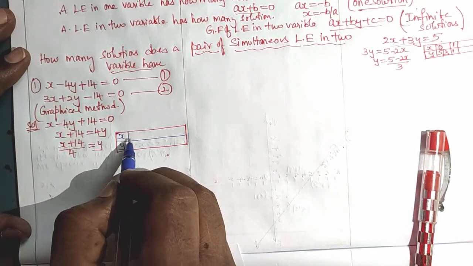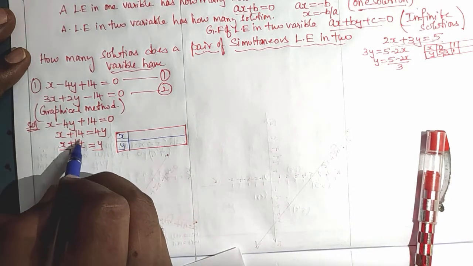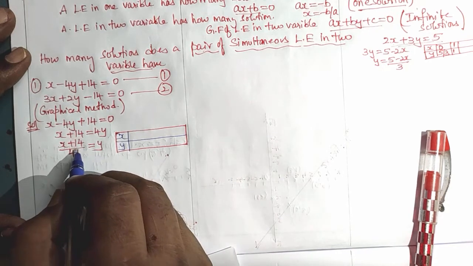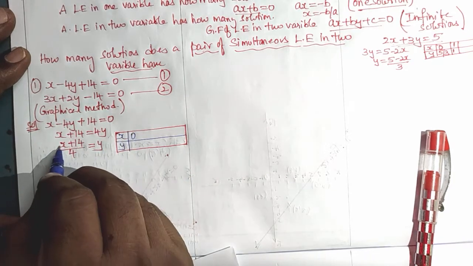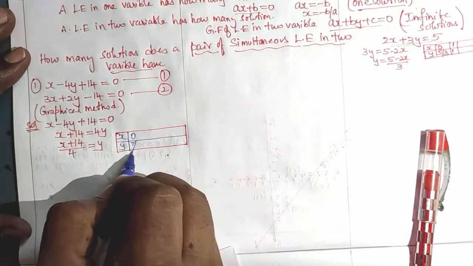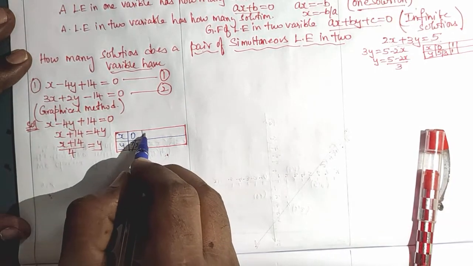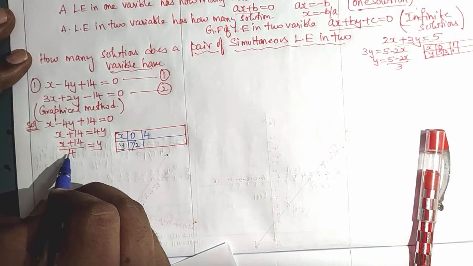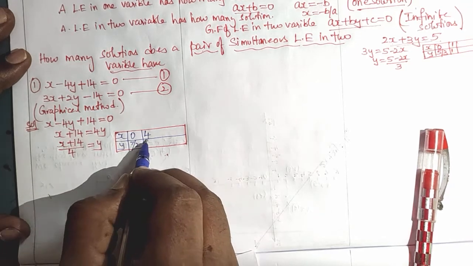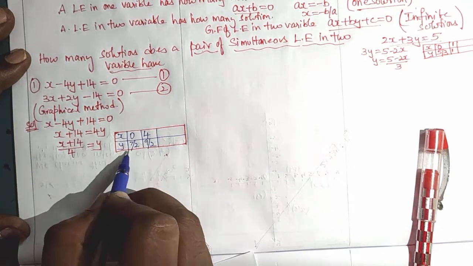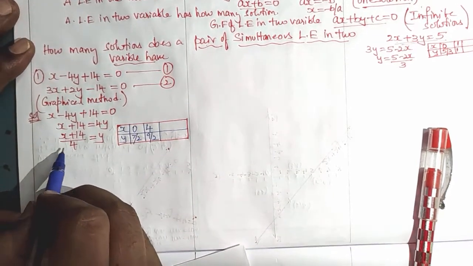We will give our own values for x. I can substitute 0 here. If I substitute 0, I will get 14 by 4, which is 7 by 2. It is difficult to plot this on the graph sheet. Now I will take x is equal to 4. If I take x is equal to 4, I get 18 by 4, which is 9 by 2. It is difficult for me to plot these values, 7 by 2 and 9 by 2. For that reason, I will take convenient values, you see.